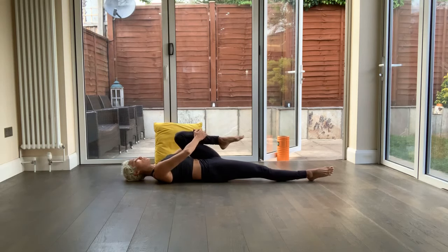Good, stretch, long spine, long neck. And rock from one side to the other with your left knee. Good, breathe, tummies in. 5, smoothly. 4, good. 3, 2,